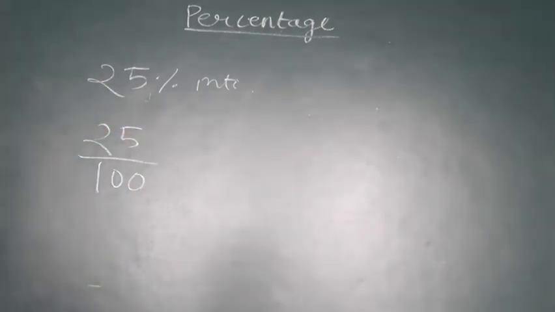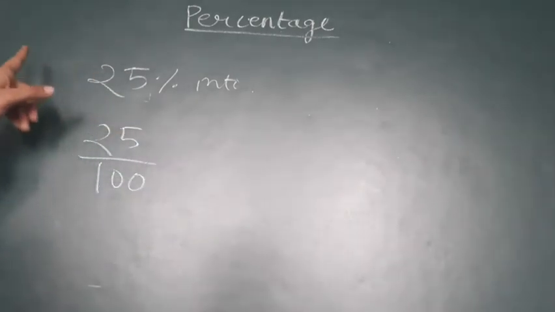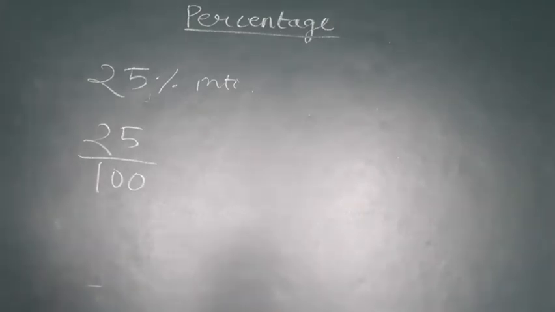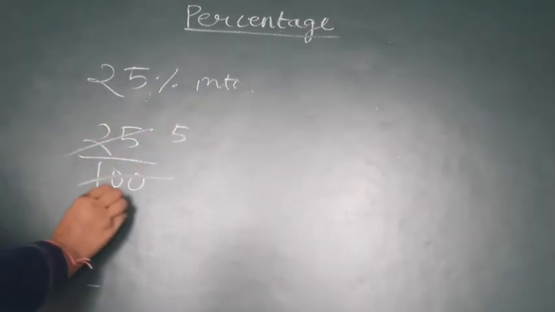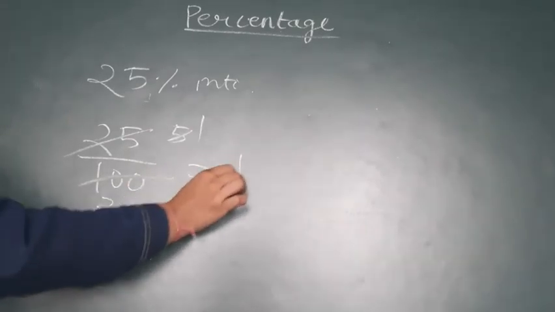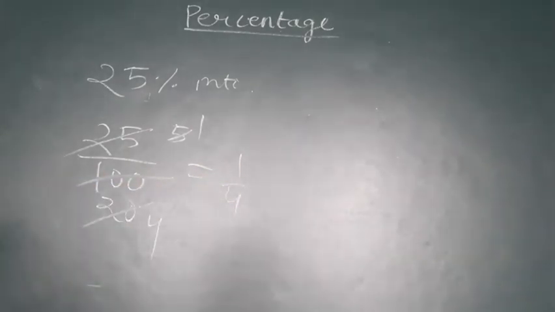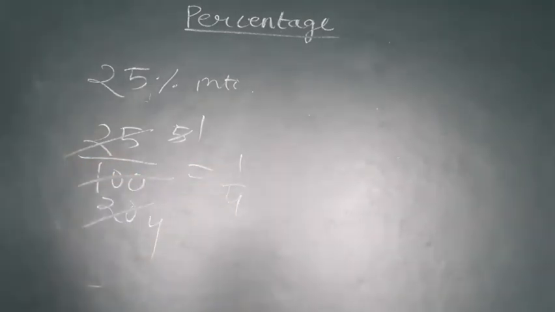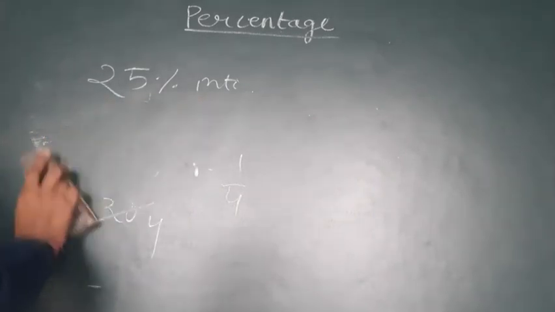When you are converting a fraction into a percentage, you multiply it by 100. But when you are converting a percent into a fraction, then you have to divide it by 100 and then check whether it can be simplified or not. So 5 fives are 25, 5 twos are 10, 5 zeros are 0, 5 ones are 5, 5 fours are 20. So to convert 25% into fraction, the final answer will be 1 upon 4. So simply by dividing by 100, the percent will be converted into fraction.